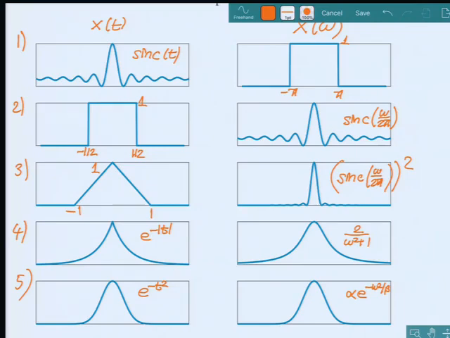Same thing with an exponential function. The integral of an exponentially decaying function does exist. Even if it's two-sided, individually both sides exist. So the absolute integrability condition holds, and we get a well-defined continuous function Fourier transform that converges to 0 as omega goes to infinity. Same thing for the